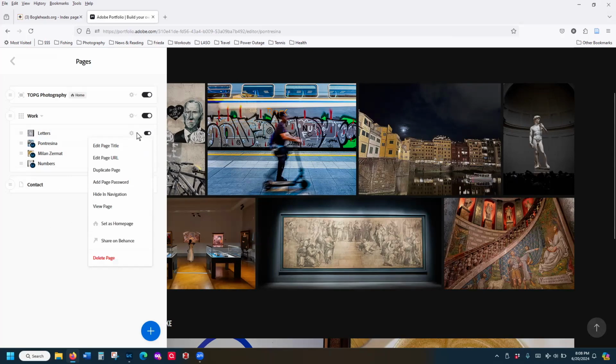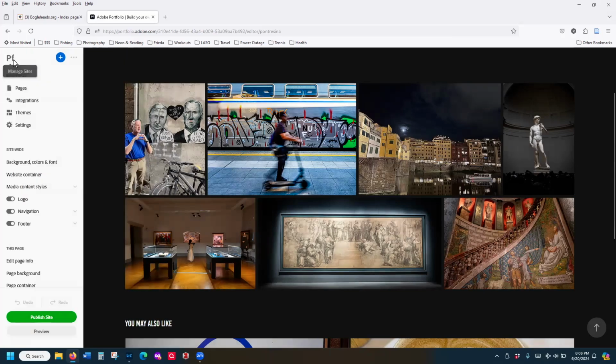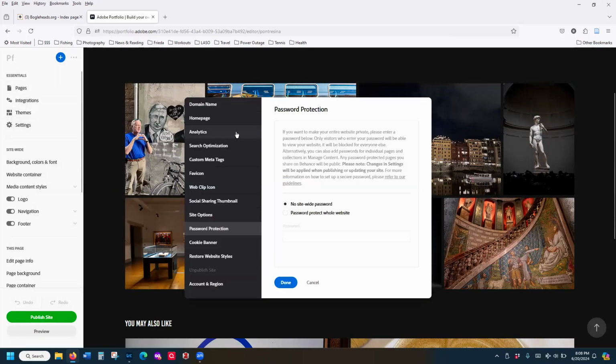And so I protected that so I could just share the password with some of my friends. So it is possible to edit the page and set a password just for that particular page, which, you know, ultimately I just removed all the photographs anyway. So that is possible to do. The other thing that is possible is to